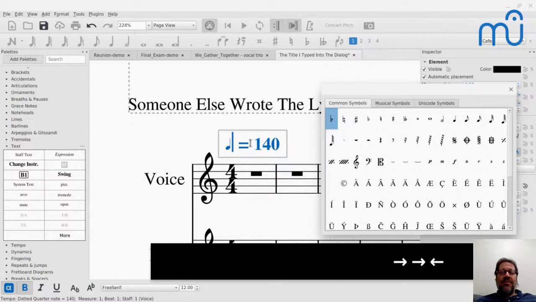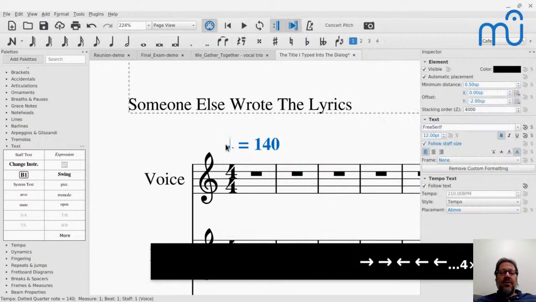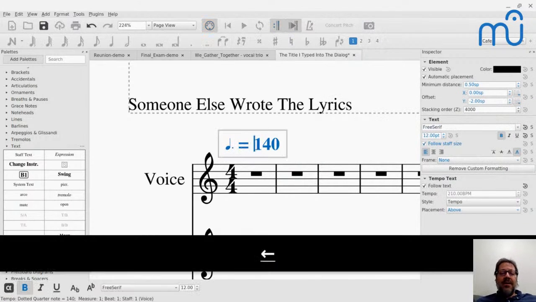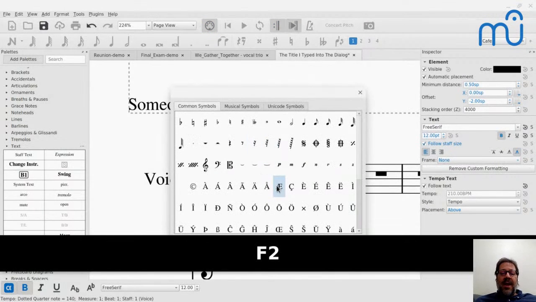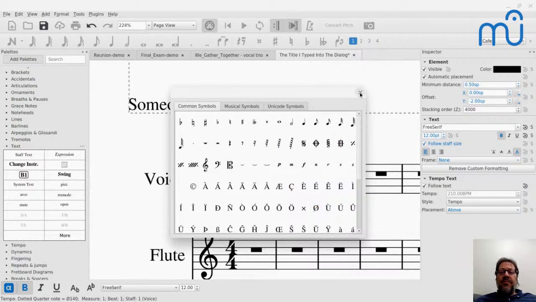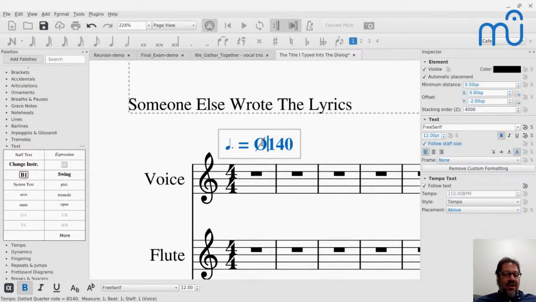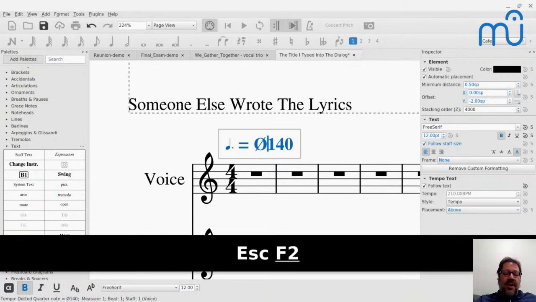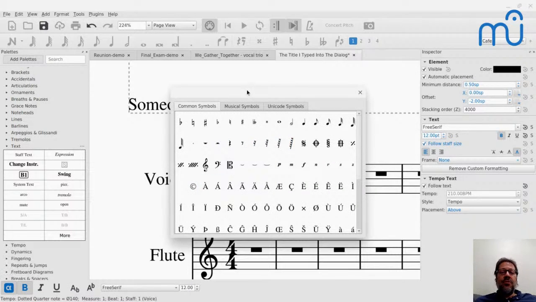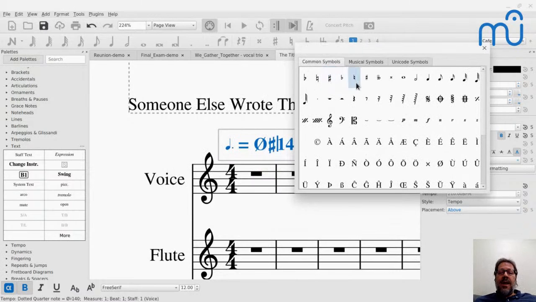I can add whatever other crazy symbols I might want. Let me go back in there. Let's see what other interesting symbols were in there. I could add all these various different special characters that are used in languages other than English. And I know some of you speak languages that use all these other letters, so the fact that they're all there in special characters is kind of nice. Now, one thing about the special characters palette that's good to know is when I'm adding things from it, notice that all I did, let me do this again, I'll go to special characters, and all I have to do is click, and it adds that character.